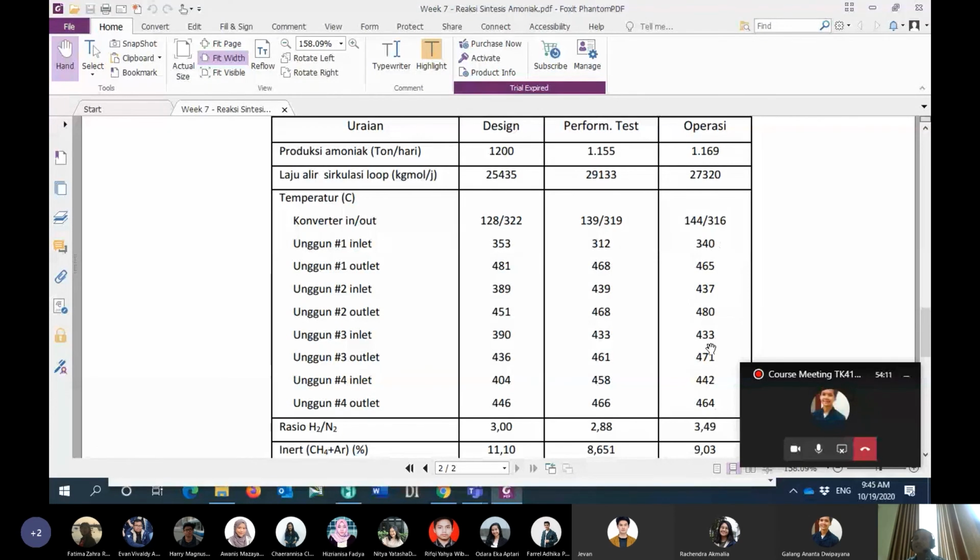By following this data, you have to find in which bed: bed number 1, 2, 3, or 4. It can be bed 1 or bed 2, bed 2 or bed 3. We don't know. We have to do the evaluation based on this temperature profile.